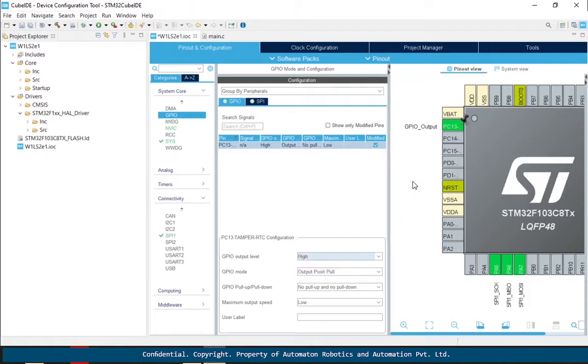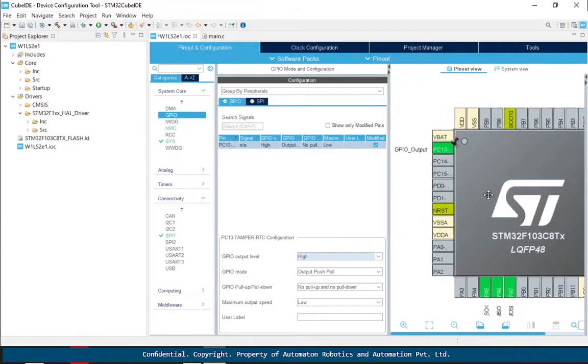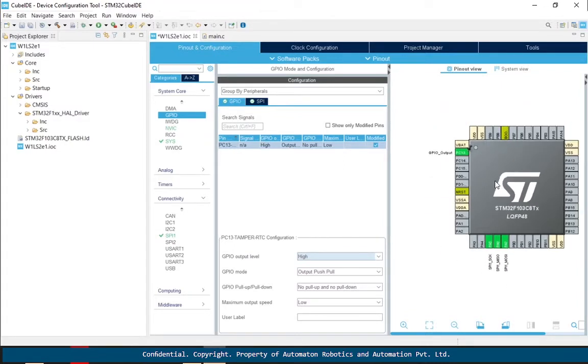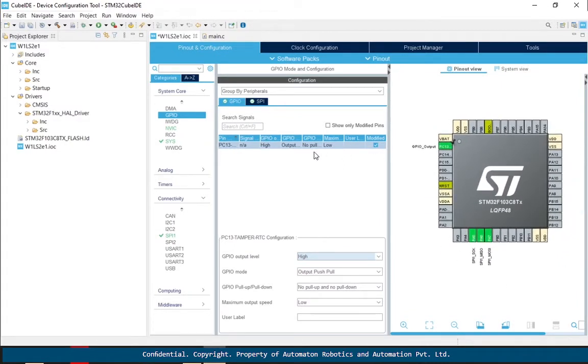All right. So once you do that, it shows a tick on your modified. What this is basically doing is changing the parameters within your code. Once you are done with this and once you click on save or run the project, you would see all these changes reflected in your main.c file, which has the initialization code for your particular driver